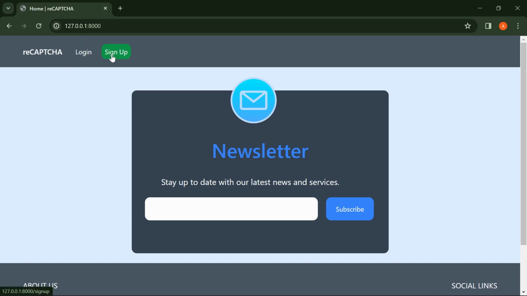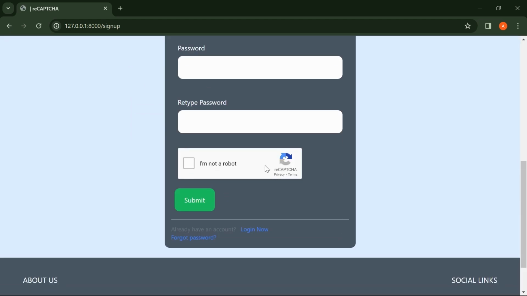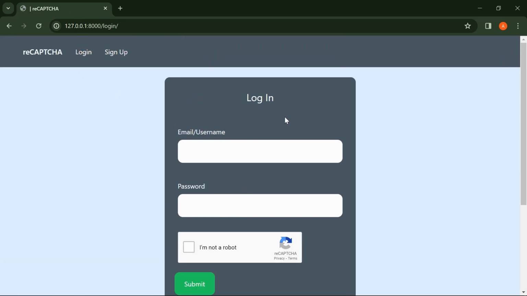Let's go to our sign up. You will see that inside our sign up we still have the Recaptcha checkbox implemented and functioning effectively. So we are going to be building this. I'm going to be showing you how to implement it, and also probably talk about what Recaptcha is all about